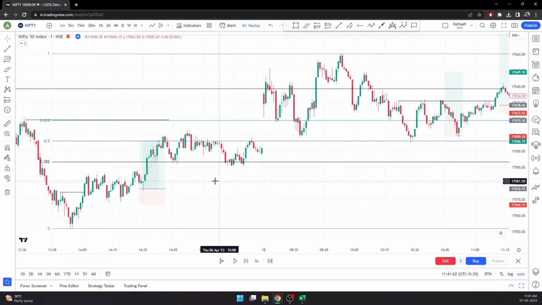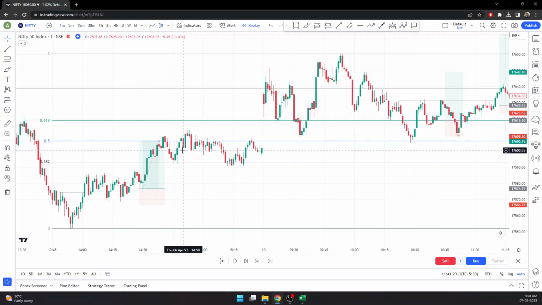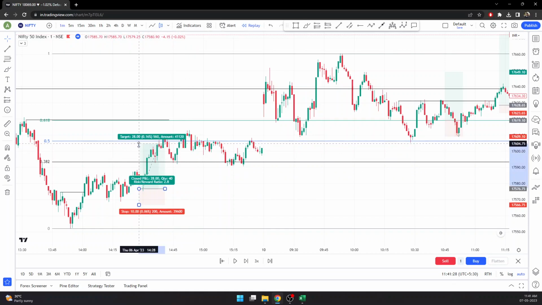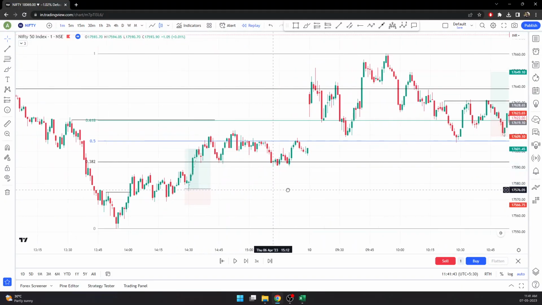So here on the 6th of April, it did break this particular earlier high, but it broke with a gap up. So we might not have received the 1:3 as well. If we can see, these highs were broken, so we could have SL here. In our case, we might have been able to achieve somewhere like 2.47, right? So 6th of April, 2.47, and on 3rd of April,